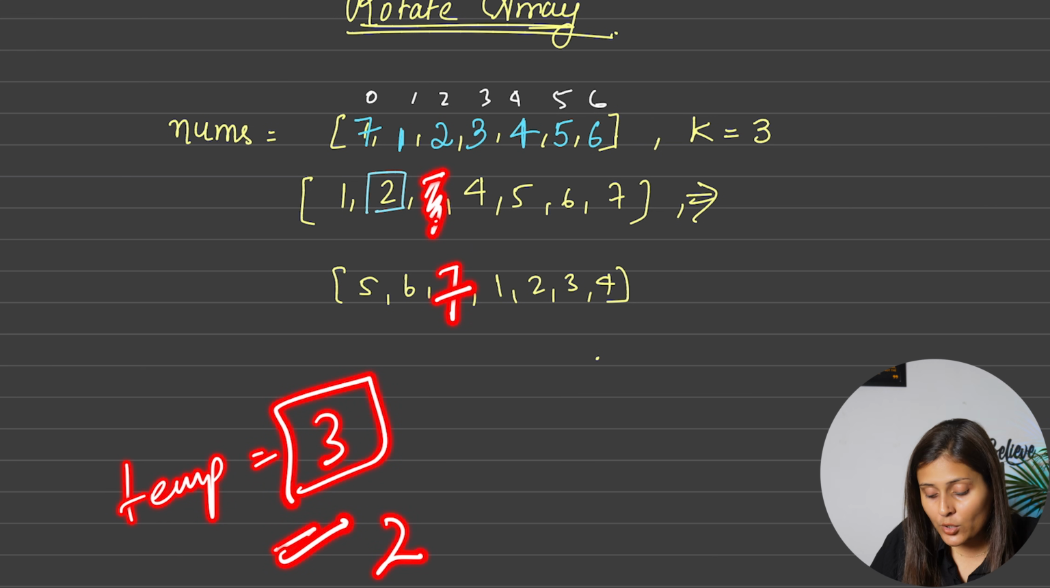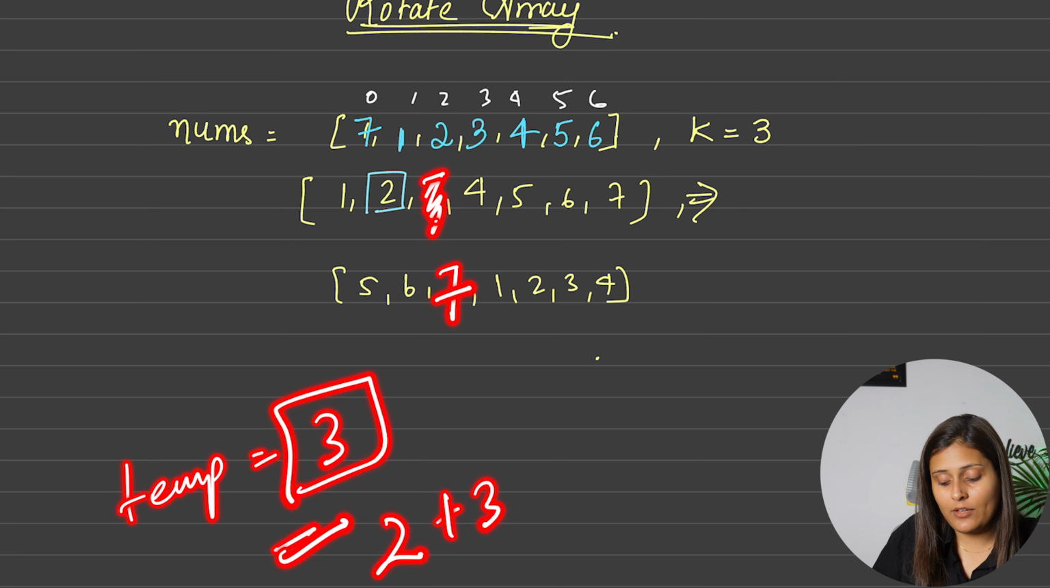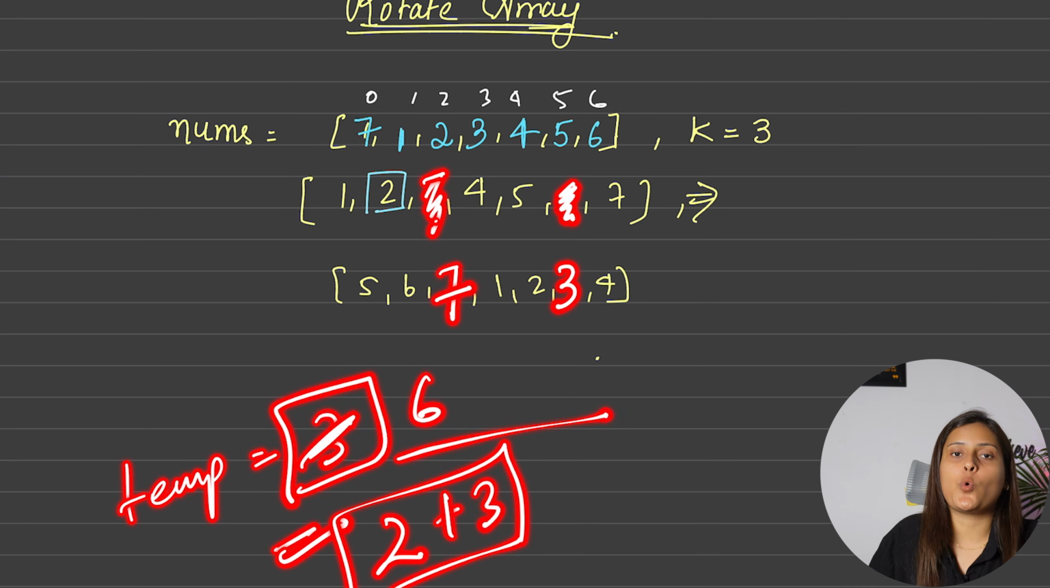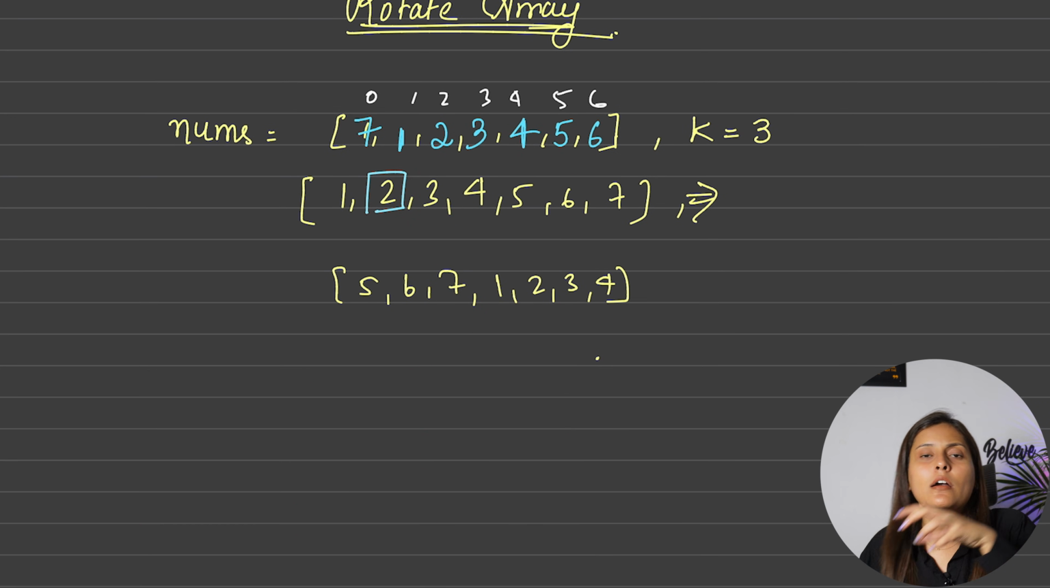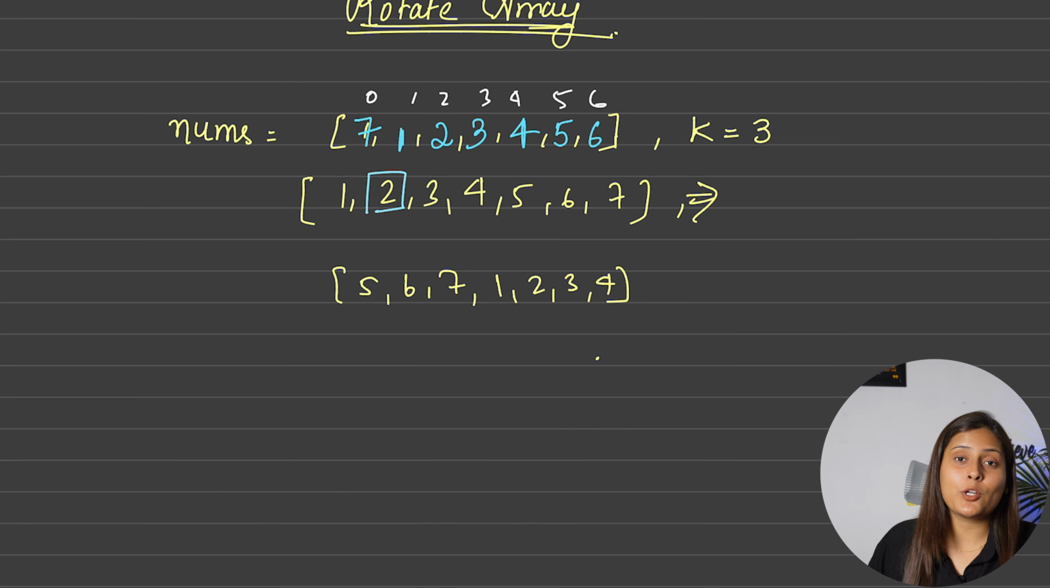How will you find the current location of 3? It is 2 plus 3, which is 5. So you will go to the 5th index, and here you will update with 3. Now in the temp variable you will store 6, and so on. So this is another method, a far more optimized way compared to the previous one, because here you are going